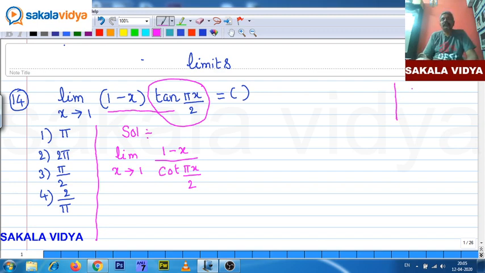Now if you substitute the limit, 1 minus 1 by cot pi by 2. So 1 minus 1 is 0, cot pi by 2 is 0, 0 by 0 form. So when it is 0 by 0 form,